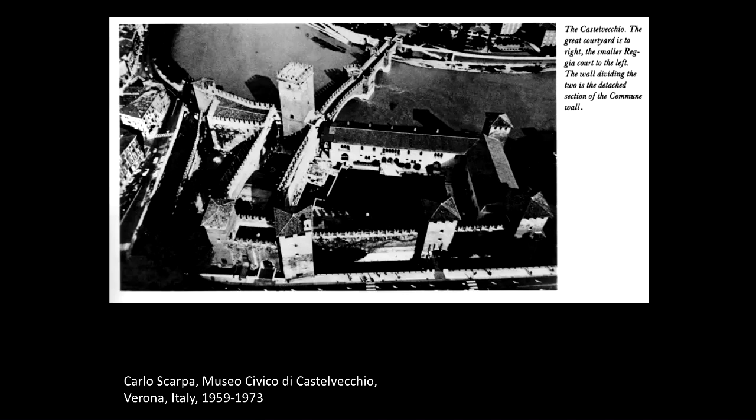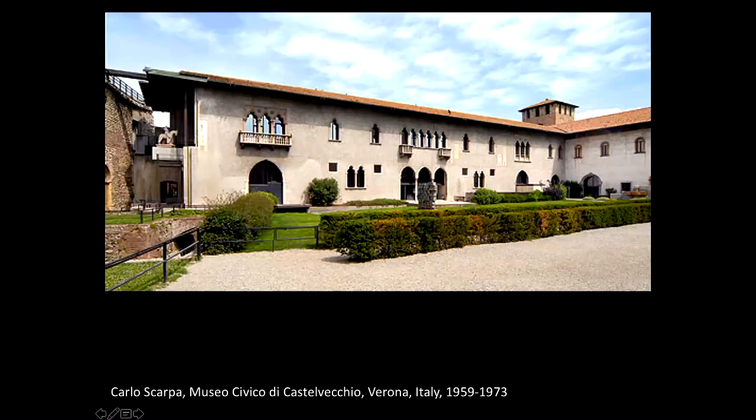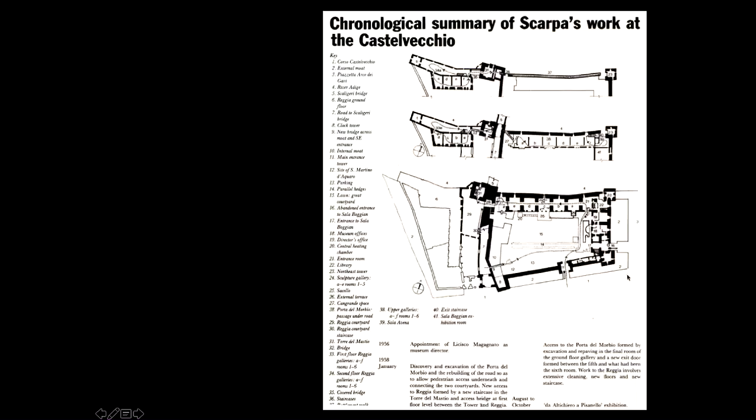And so if you are ever around Verona, or even if you're going from Milan to Venice, stop in Verona, because there's also a great little small ancient stadium there that is also wonderful. And so it's along the river here. This is the complex here, the castle. This is a plan, and I have a book on it. It just shows you all the different stages of construction that happened. But this is the majority of his interventions here. This is what it looks like as you enter this large courtyard. This is the area here.